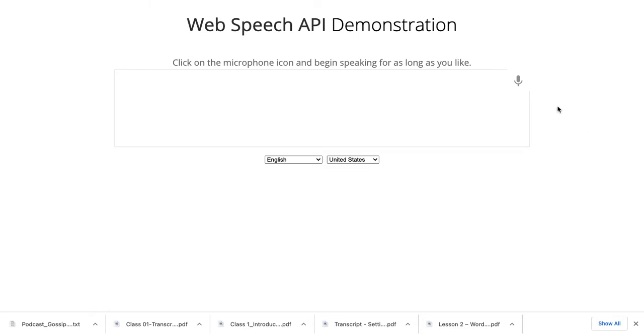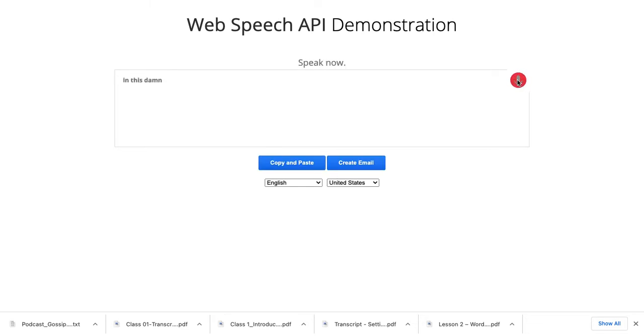Just click on this button, and you're able to start transcribing your audio file. However, I will do a demonstration for you. Because my English is not mainstream English, it might not be able to capture it as correctly. But I still try my best to read as accurately as possible. So this is the demonstration.